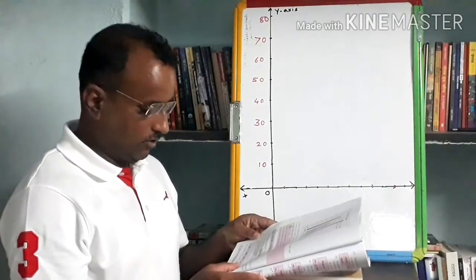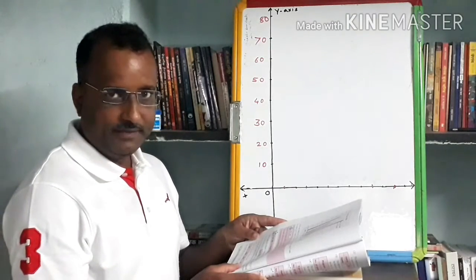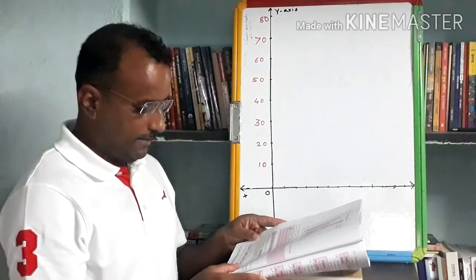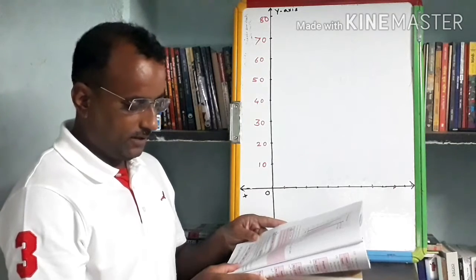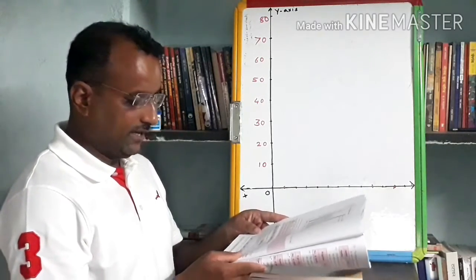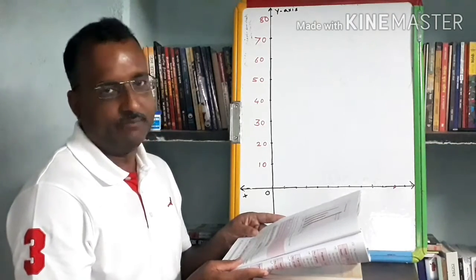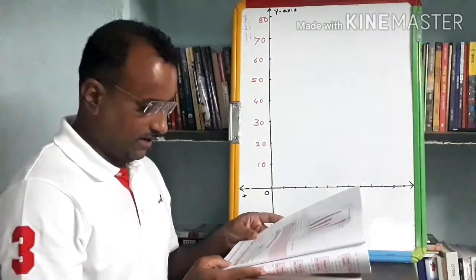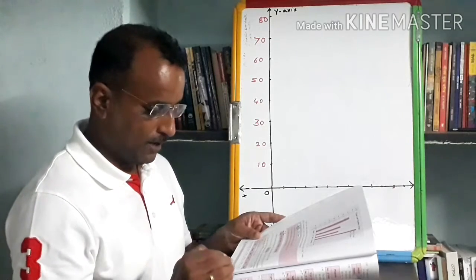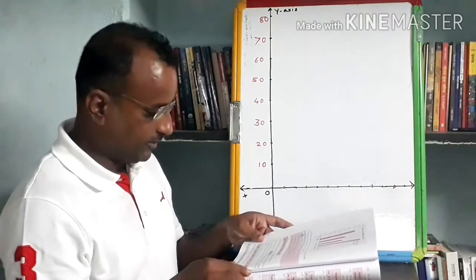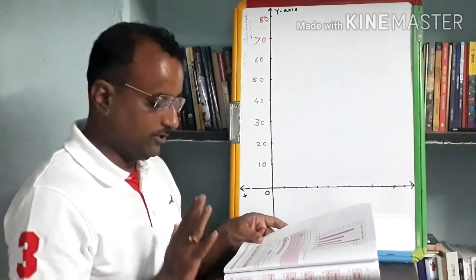So open your book and see on page number 38, practice set 19. I am reading the problem here now. The names of the heads of some families in a village and the quantity of drinking water their family consumes in one day are given below. Here is some chart and the head of the family is given here. Draw a bar graph for this data. Using this data, we have to complete the bar graph.